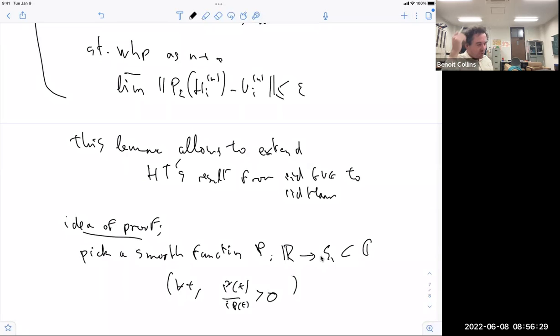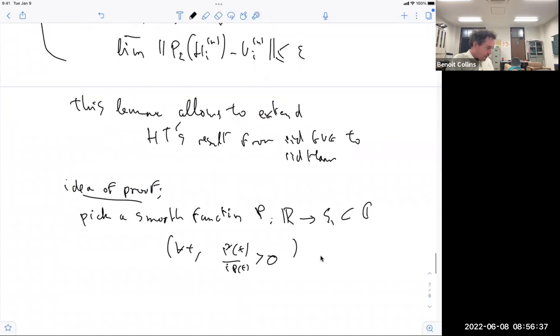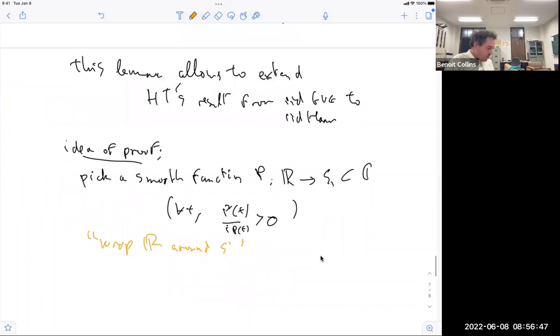So what I want is the argument to be increasing. So somehow the idea is I want to wrap R around S1, and such that